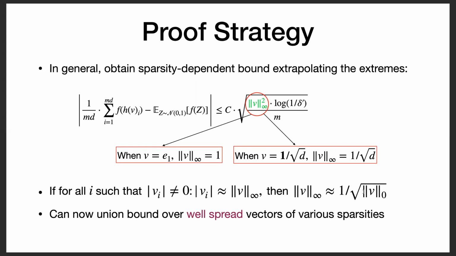Because of this relationship, you will be able to do a union bound over all such well-spread vectors, since for each such vector you get concentration on the scale of its support size, which roughly corresponds to the log of the covering number of these vectors. So you can establish these concentration inequalities for well-spread vectors,